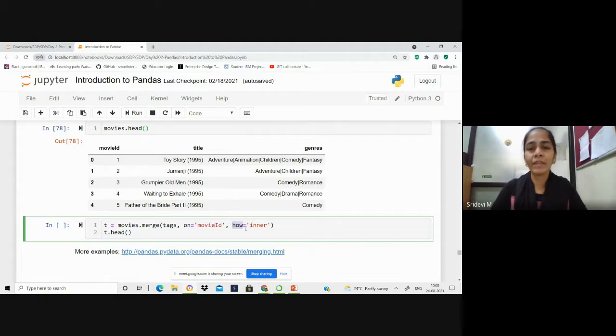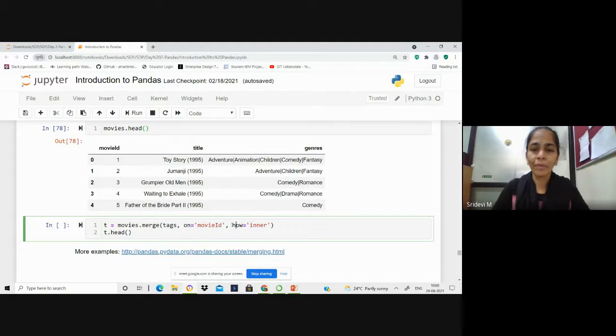In the same way, if we take right join, then all the unmatched values in the right hand side table will be kept intact by embedding some null values on the left hand side table's unmatched rows.